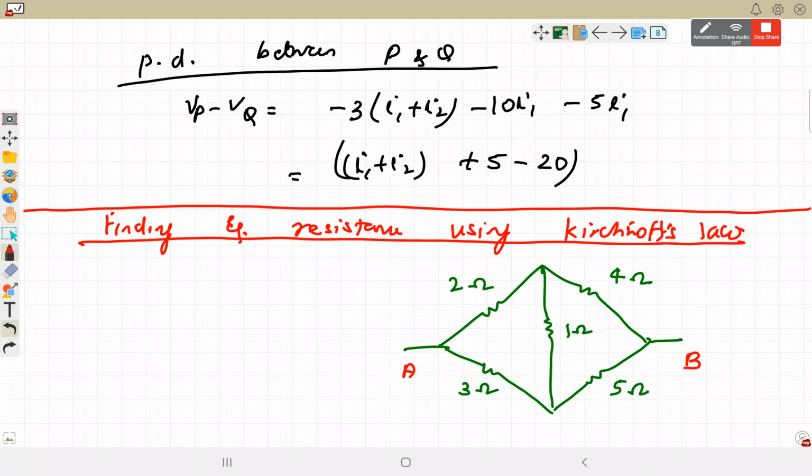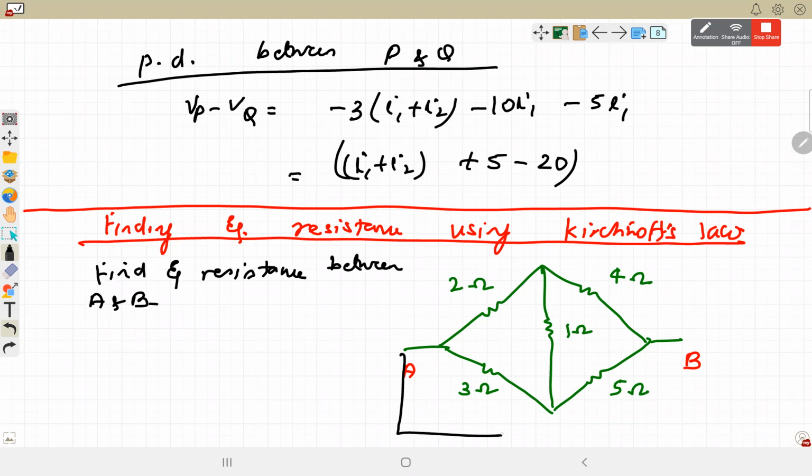Left side ratio is 2/3, right side ratio is 4/5. We have to find the equivalent resistance between A and B. So the Wheatstone bridge principle method, which we will see in this chapter, will not work here. We'll have to write the equation for each loop, each current. So let's say connect a battery V. In terms of that potential V, we have to calculate the total current given by the battery.